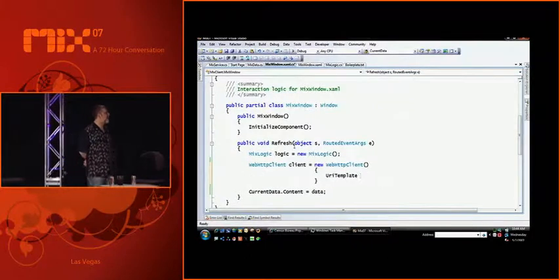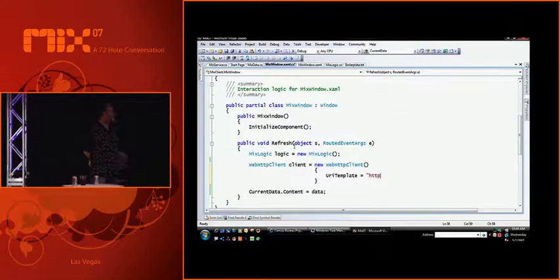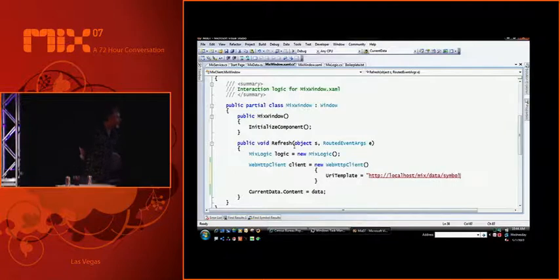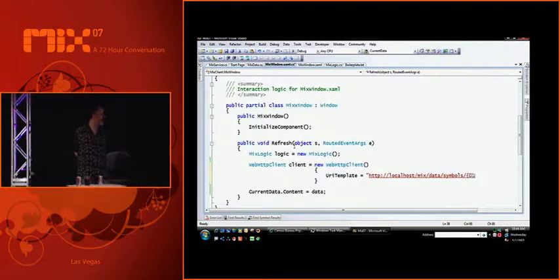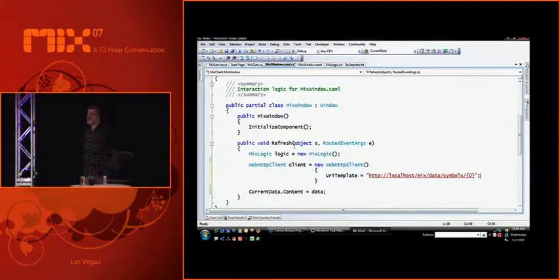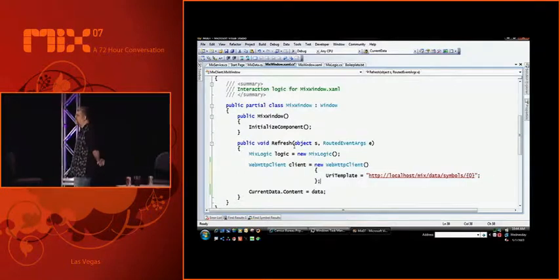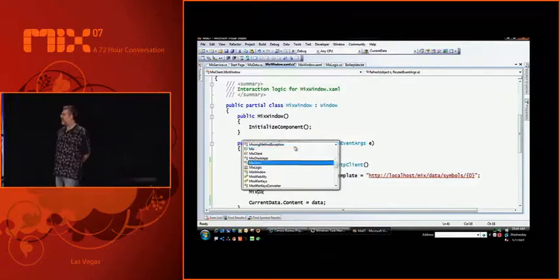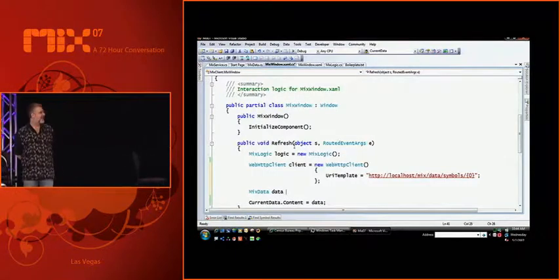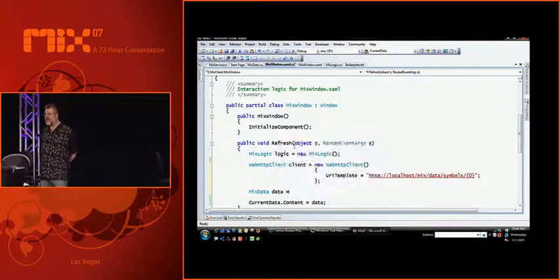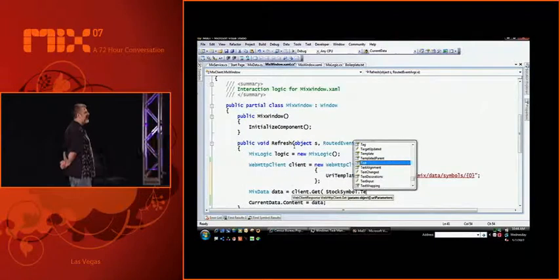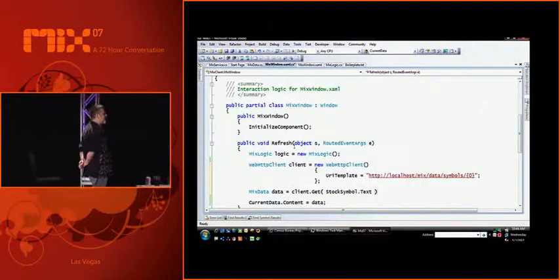We're going to set the URI template of the client to be HTTP colon whack whack localhost whack mix whack data whack symbols whack open curly. In this case, we're going to use positional variable names rather than symbolic variable names. And to be crystal clear, WebHttpClient is not in Orcas. It's a piece of experimental plumbing, and we haven't aligned it yet with the syntax from the other piece.